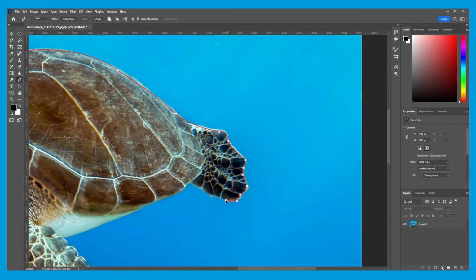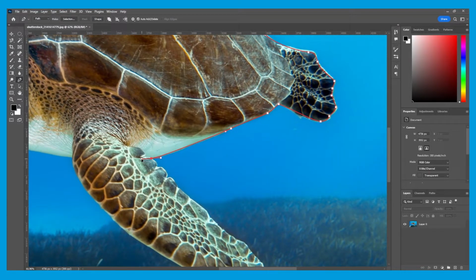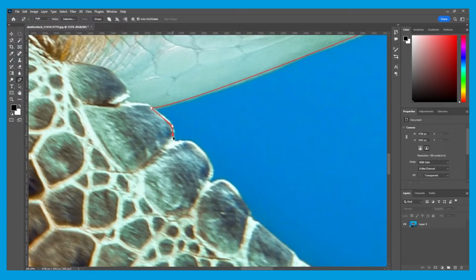And when you get to a sharp edge, what you want to do is drag, and if I hold Alt again or Option, and make the direction point face along the sharp edge, I'll make a sharp corner like this. Just following along. As you can see, I want another sharp edge here.